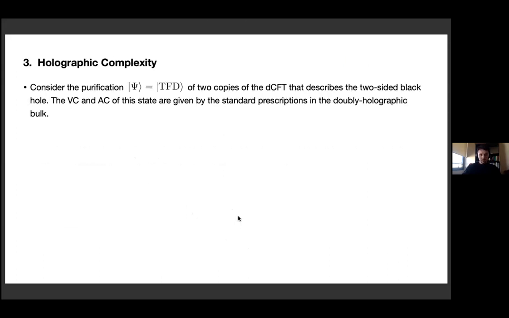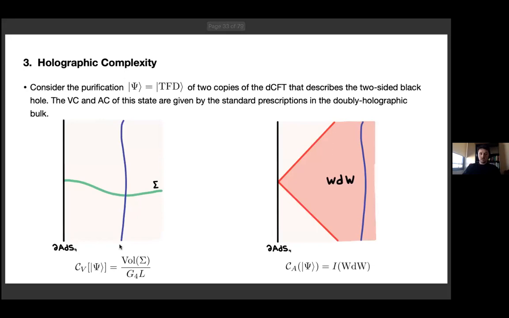Okay, so let's now talk about holographic complexity of this type of black holes. To talk about holographic complexity strictly, we need to consider the purification of two copies of the defect CFT system that describes the two-sided black hole. So the volume complexity and action complexity of this state will be given in terms of the standard prescriptions in the doubly holographic bulk. And the reason is that you can view the brane as some thin layer of matter in the AdS4 bulk,